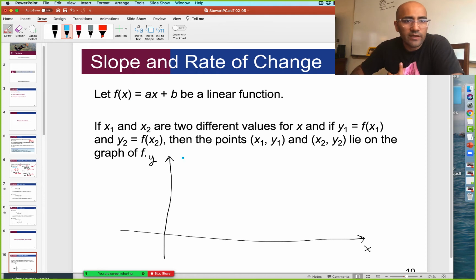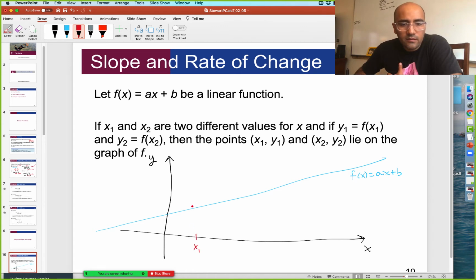Say we have some random line, and again, this is just a random description of it. So this is going to be f of x equals ax plus b. Now if we have a point here which is x1, then this maps to f of x1,